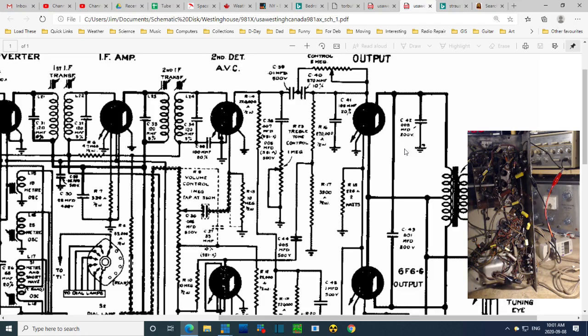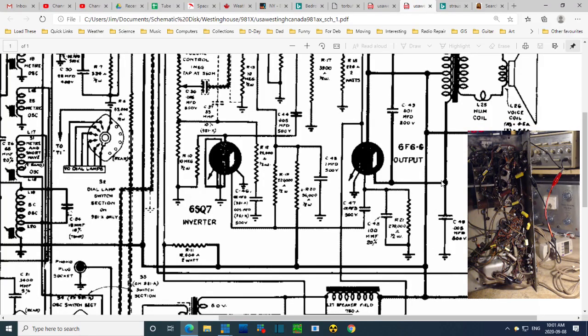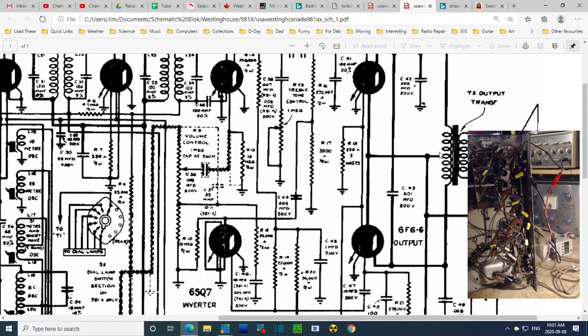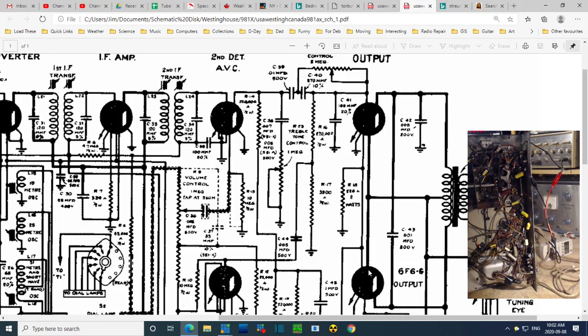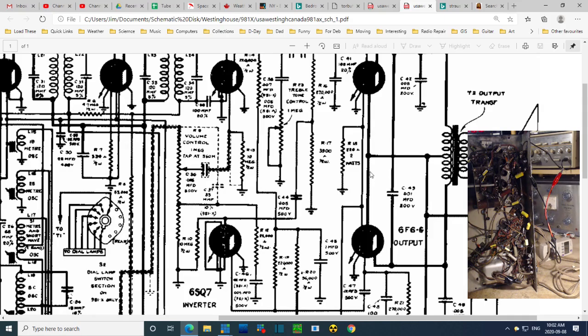How can that be? Doesn't the screen get its voltage from the plate? Good, still got the schematic up. How did they do this exactly? So they have the B plus coming up through here somehow. Here it is. B plus going into the output transformer, and then B plus should be split exactly the same to this tube and that tube. It shouldn't be any different unless tube conduction is different. The tube's operating point is different, but they shouldn't be. They have the same cathode resistor,